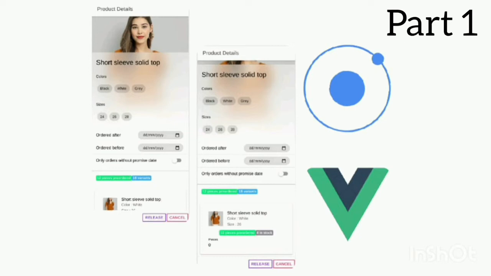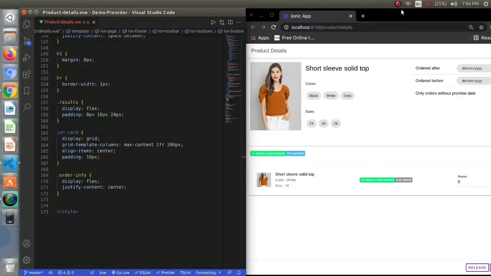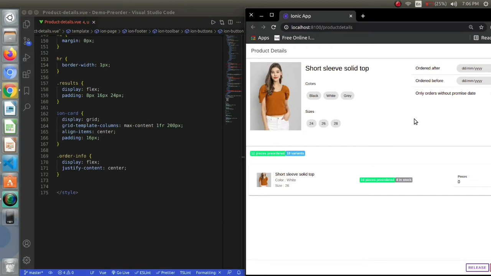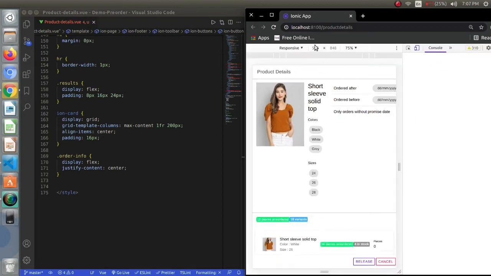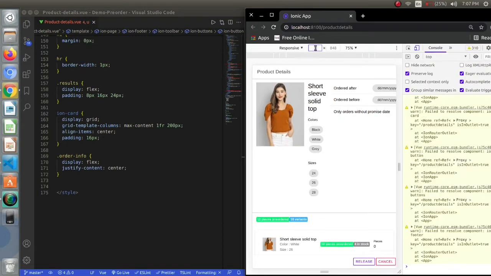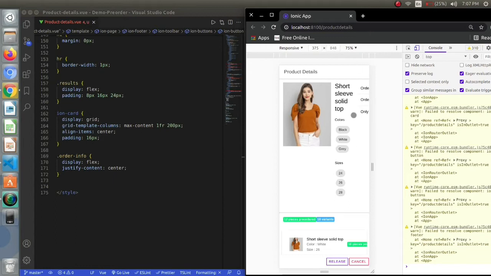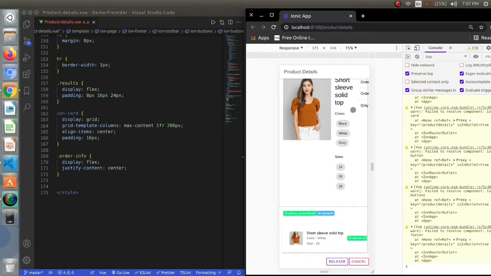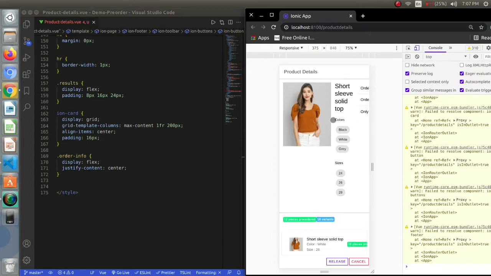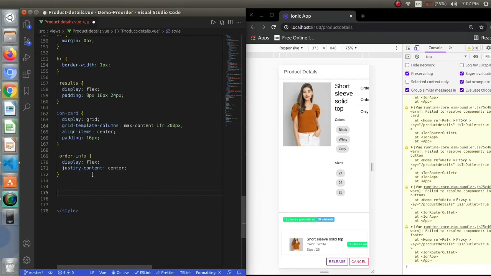So firstly, this is how it is looking now. I haven't applied any CSS formatting right now for my mobile view, so I will be applying some media queries, and the process for this will be like this.